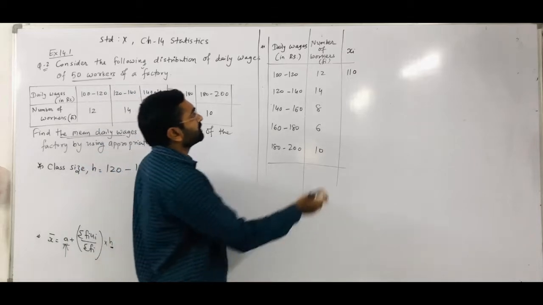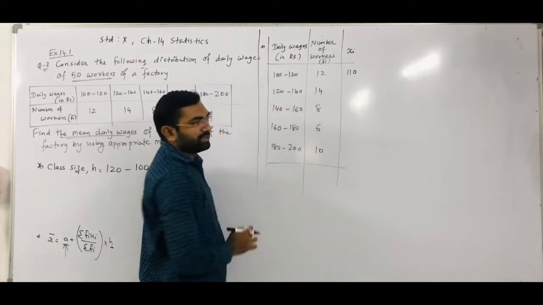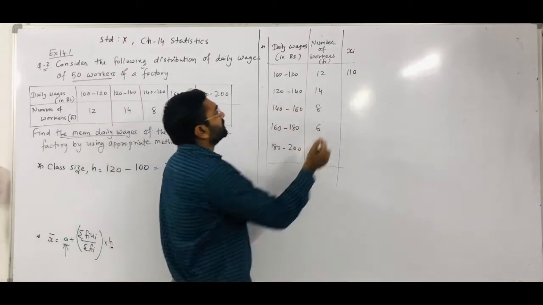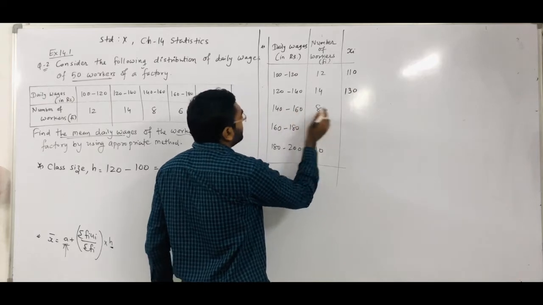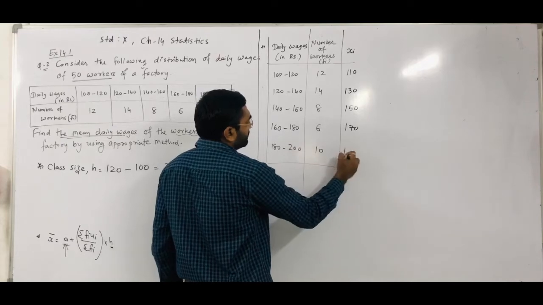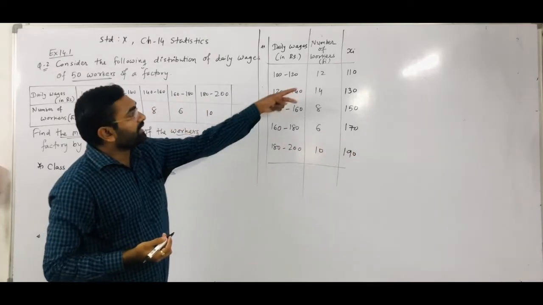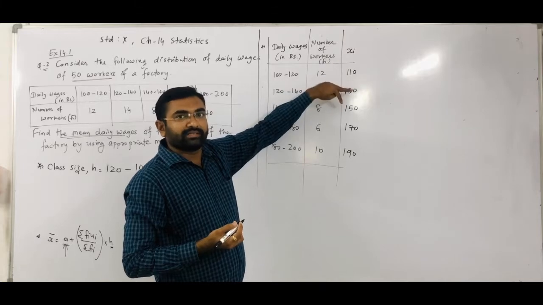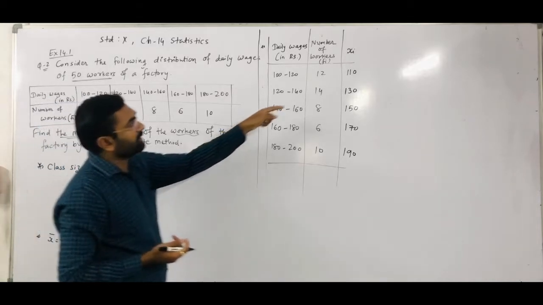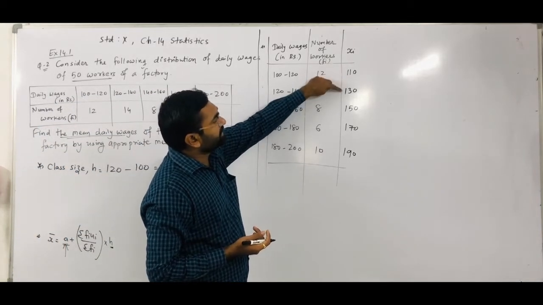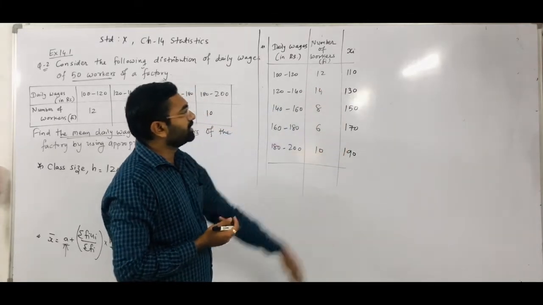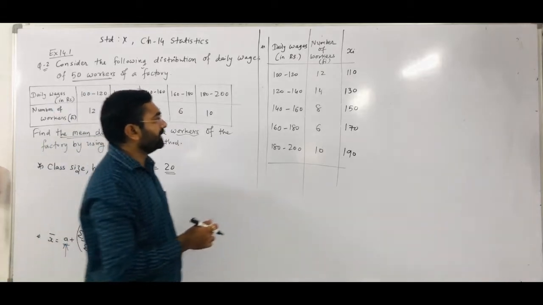Otherwise, you have to apply the class mark formula: lower limit plus upper limit divided by 2. That way also you get 110. Right? Now that class's mid value is 130. That class's mid value is 150. And 170. And here is 190. Suppose after writing the two values of xi, you can directly write the other classes' mid values. How? If you know the class size is 20, then after writing 110, 110 plus 20 is 130, 130 plus 20 is 150, 150 plus 20 is 170. That way you can also write the xi value of each and every class.